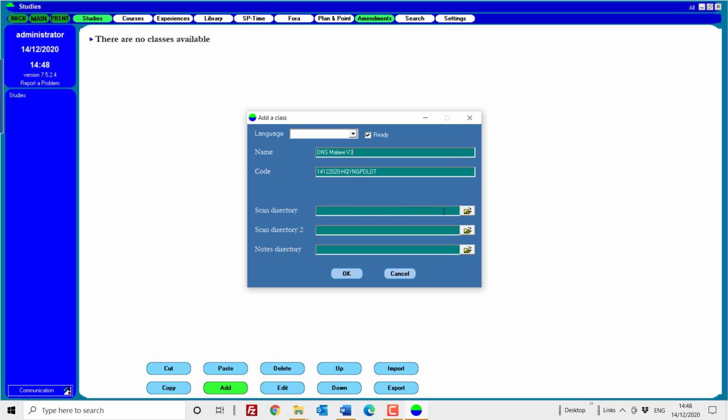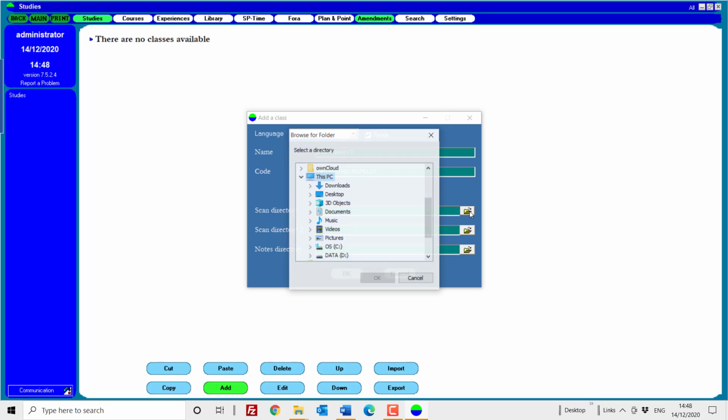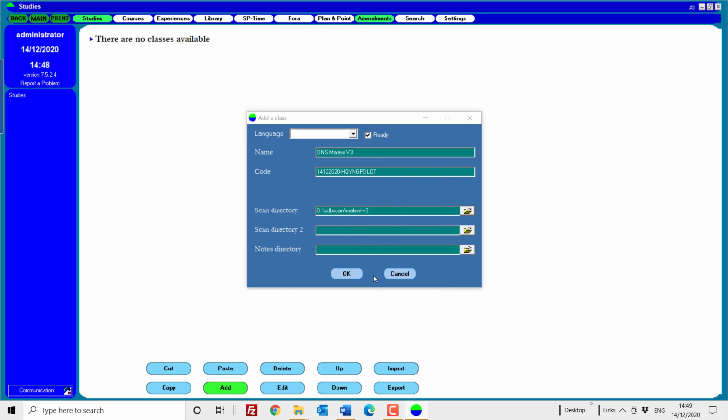Then you have the scan directory, and this is the folder that we just created. So I will go into browse, I will go down to SDB scan, and then I have Malawi version 3. So I click on this. Now it's here. This type of link will work if you are using only thin clients as devices that access